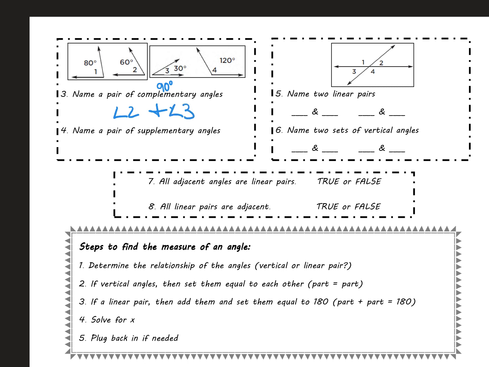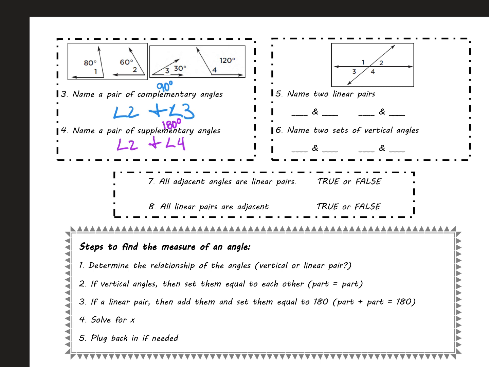And then our next one says what supplementary angles do we have? And that's adding up to 180. And so if I'm looking at angle 1, 80, well then I have 100 left over, but I don't have an angle that's 100, so 1's gone. Angle 3 is 30, so then I have to have an angle that's 150, but I don't have that, so 3's gone. And so then I look at 2, it's 60. I should have a missing angle of 120, which I do have, and so therefore angle 2 and angle 4